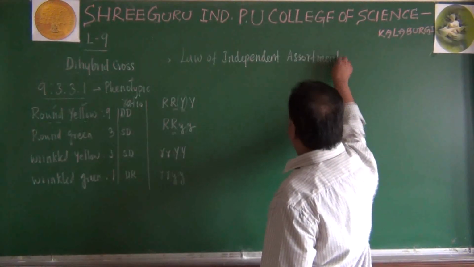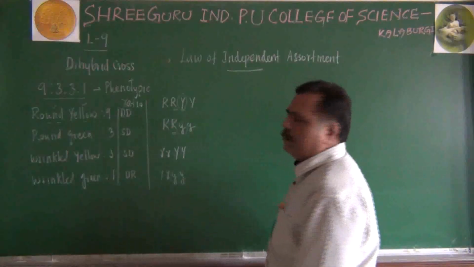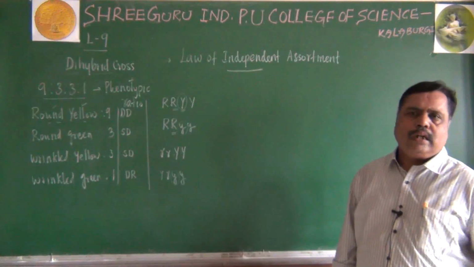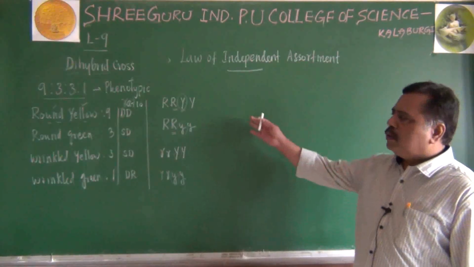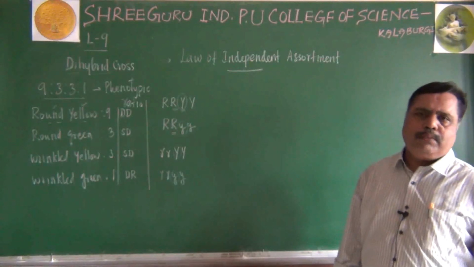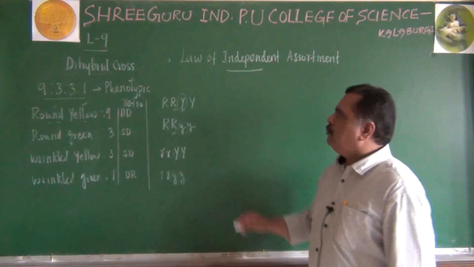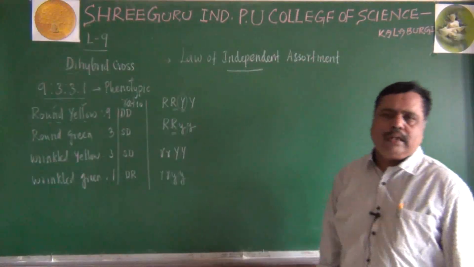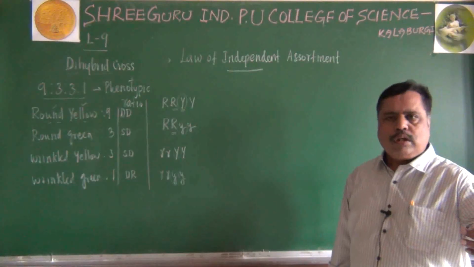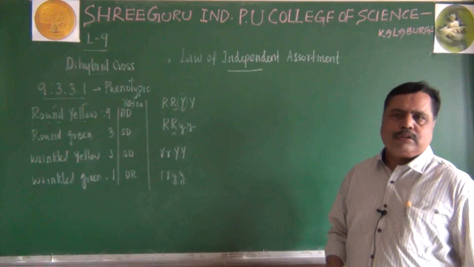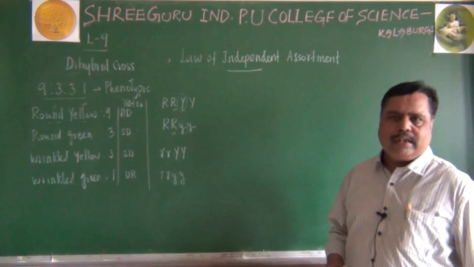Already we have seen two laws proposed by Mendel. One is called the law of dominance, another is called the law of segregation. For both those laws, we have given examples from the monohybrid cross. In a dihybrid cross, we are getting another law called the law of independent assortment. There was one more law previously, the law of unit characters, but that was not proposed by Mendel. It's a general character we can take.